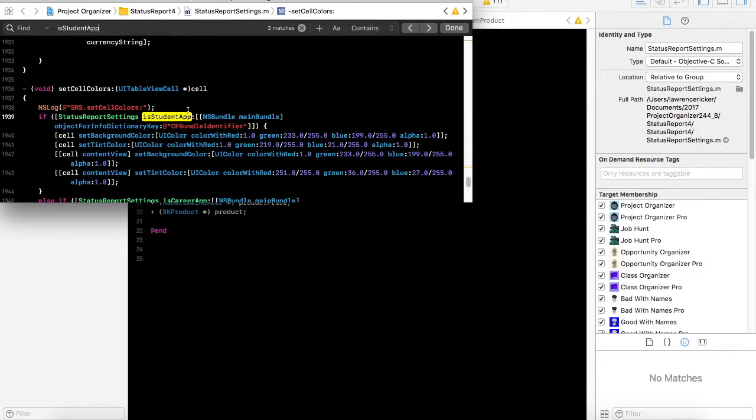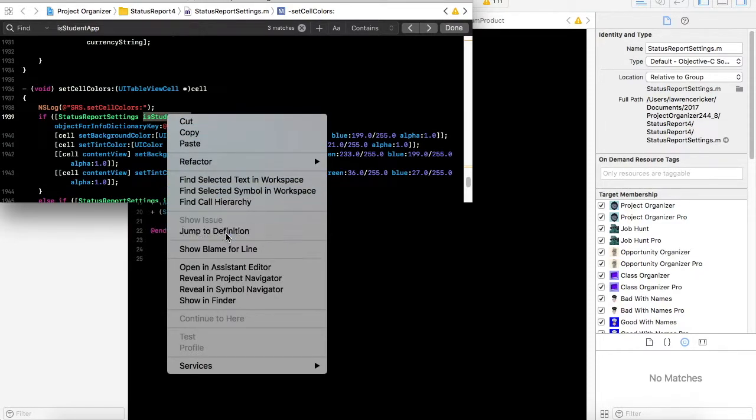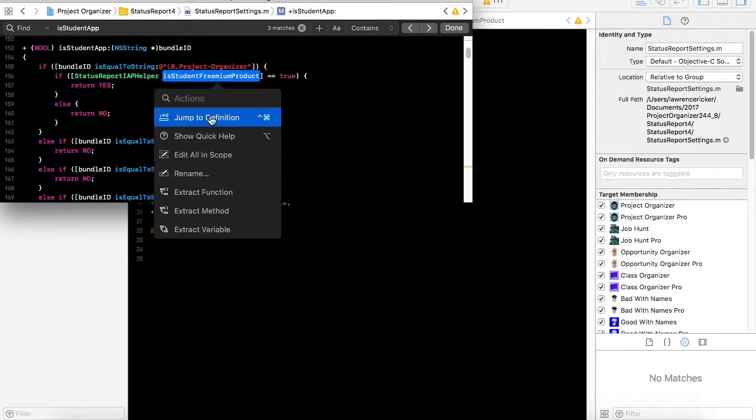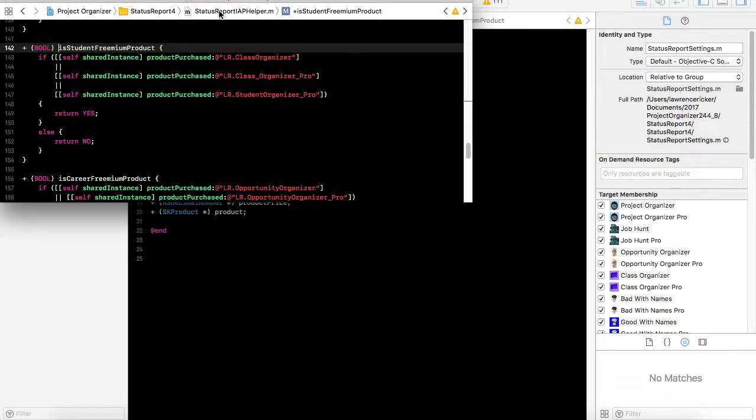And then that method drives behavior all through the application, but let me jump to the definition. So in here I've got is a student app, and Project Organizer normally would not be a student organizer app, but if it's a student freemium app, then I return yes. And to get those yes/no answers, I created them inside of my in-app purchase helper application,